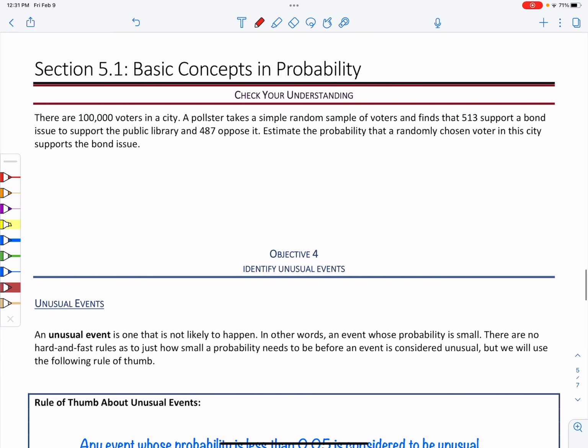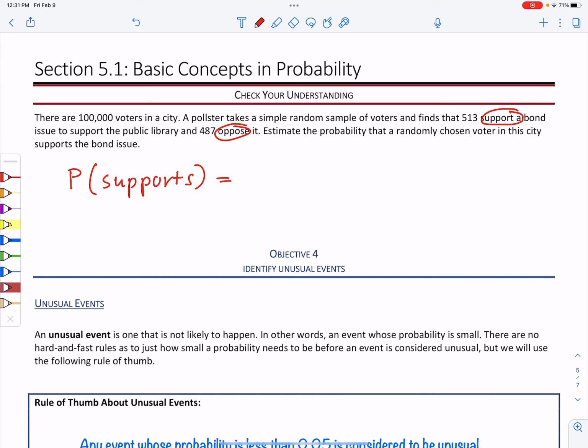All right, so again, we've got one where you're going to check and see how you're doing. So pause the video, try this one yourself, and then come back and check to see if you're working it correctly. We've got 100,000 voters in a city. We take a simple random sample of voters, and we get 513 that support a bond issue, and we get 487 that oppose it. And we want to find the probability that a randomly chosen voter